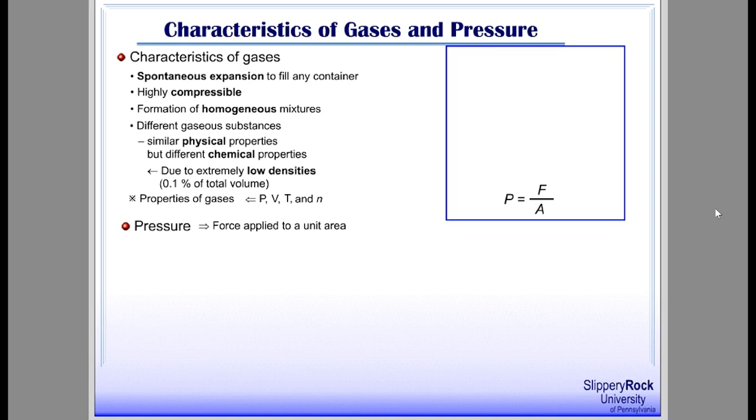Let me take some examples to illustrate the pressure-area and pressure-force relationships. Imagine that the equal vertical force is applied over different areas. Which one would produce greater pressure? The force applied to the smaller area or the force applied to the greater area? Since area is in the denominator, the smaller area will make the pressure greater.